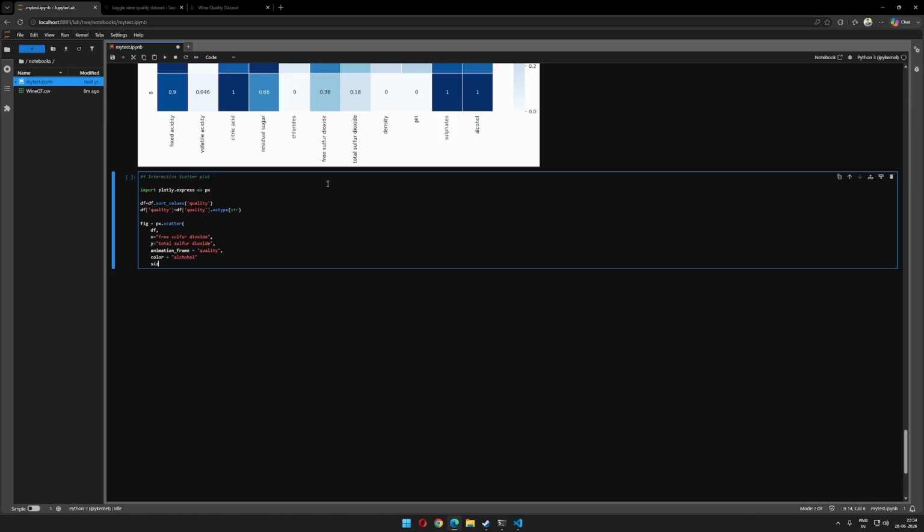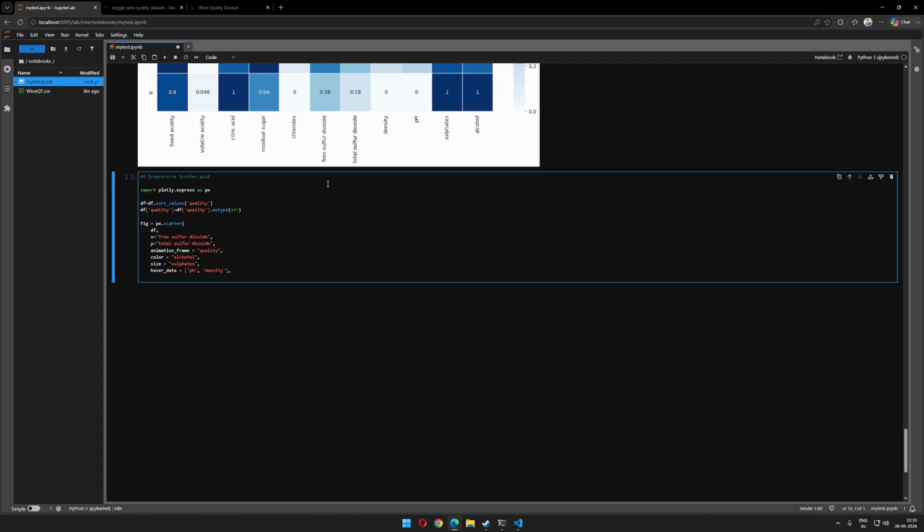Then we have size equals sulphates. pH should be capital. Let's not be scientifically wrong. Density,